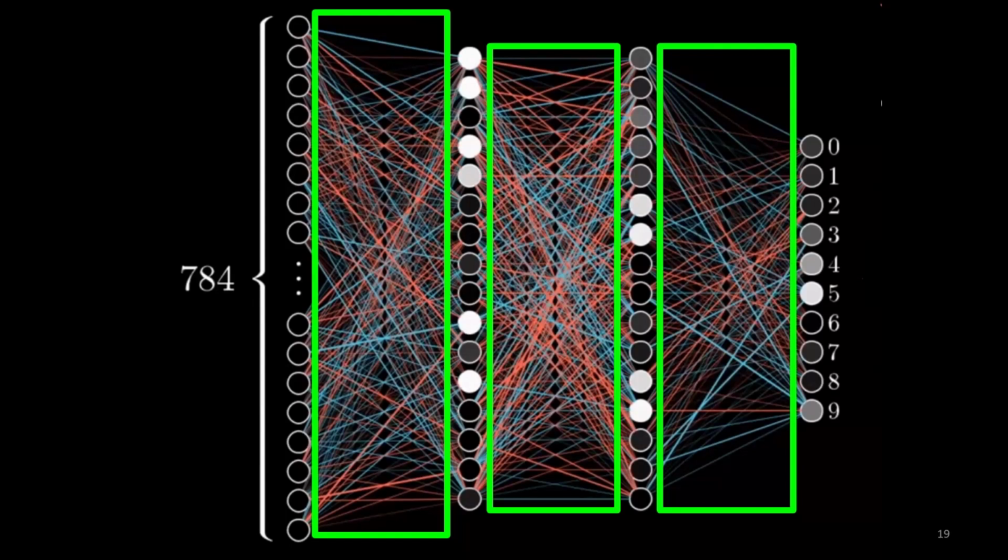That means if a node fires and it's connected to a second node with a blue connection, that node will send activation to its second node. It will increase the activation of that second node. However, if it's connected via a red connection, then it will decrease the activation of that connected node. And the more bold these connections are, the stronger they are. So a bold connection either sends a very strong excitatory signal or a very strong inhibitory signal, and a less bold connection sends a lower excitatory or lower inhibitory signal.